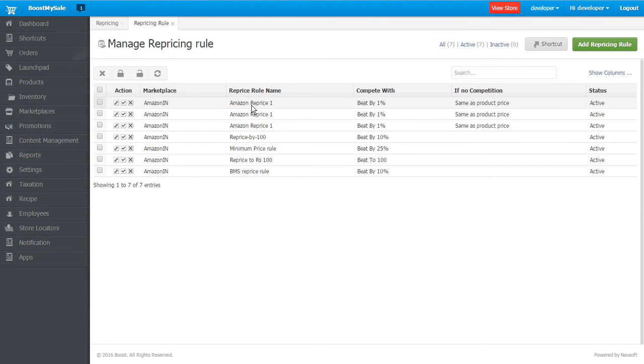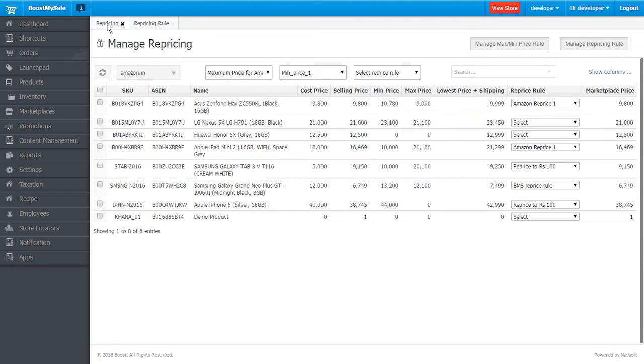Your newly created rule will reflect here. You can see all existing repricing rules here. And now the last step is to again go back to the manage repricing page. Refresh the page again.